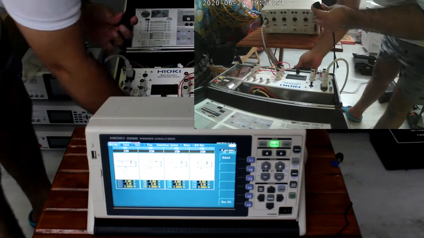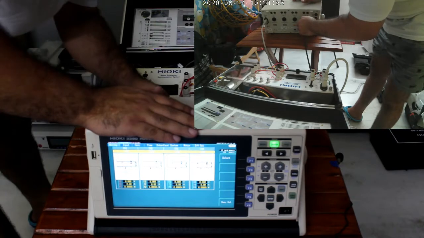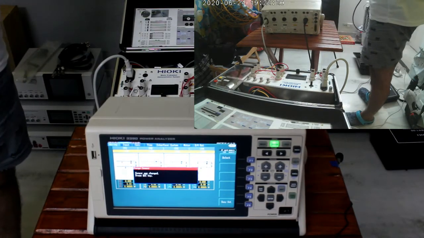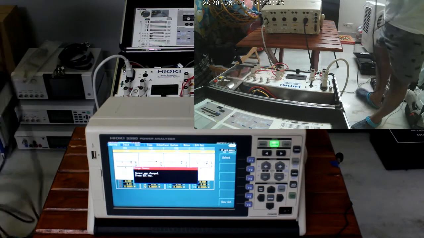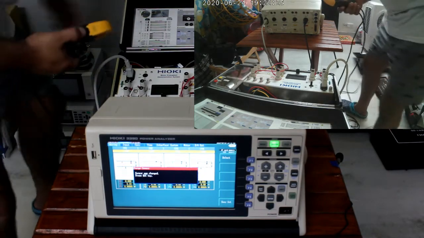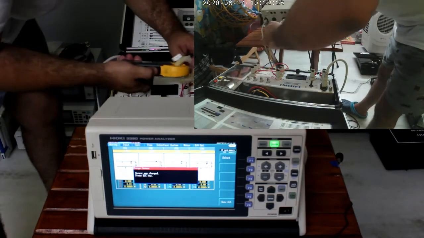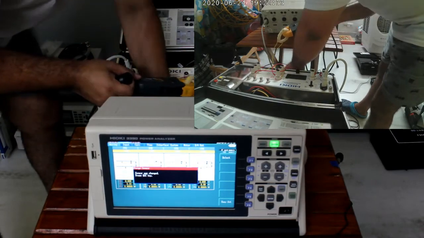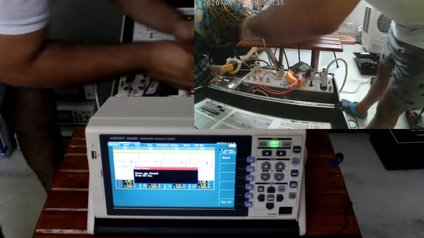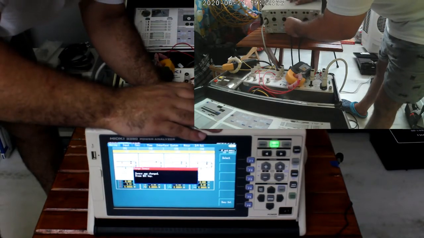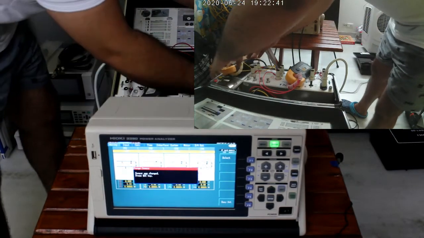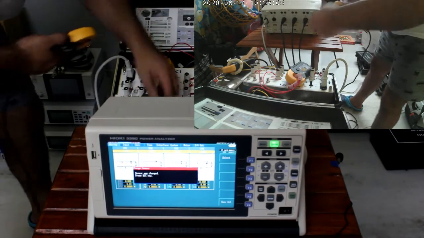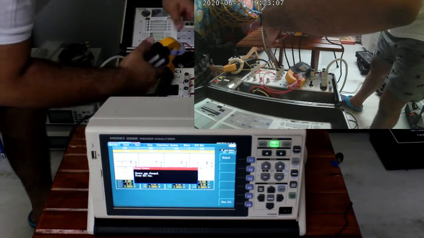So the process is the same. I'll make the connections of the current sensor like RYB, what we have done for the power quality analyzer. So similar kind of things we are going to do. I have different CTs with me, as you can see. Whenever you make this kind of connection, the system will automatically detect the sensors.